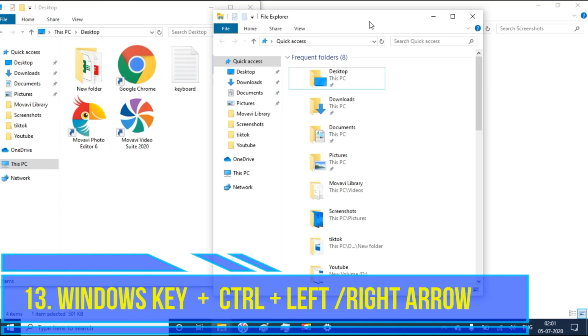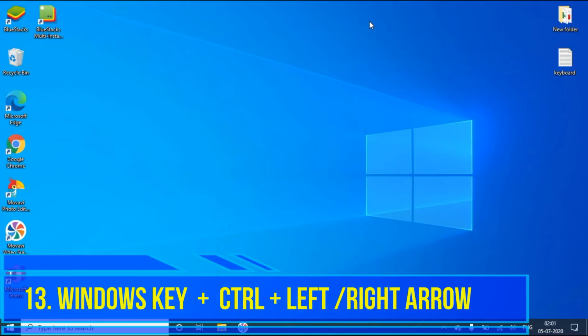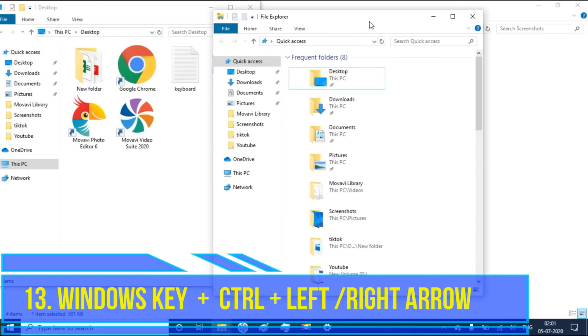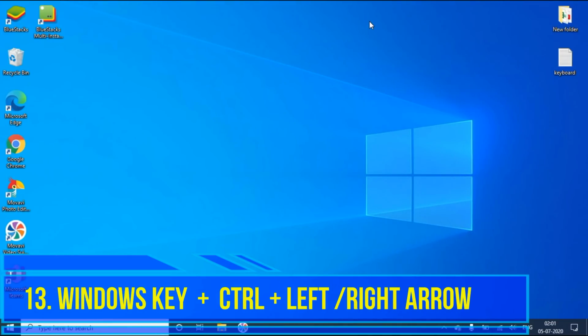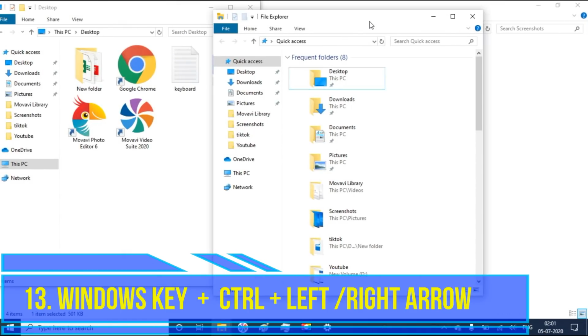Suppose you are creating one new desktop: Windows key plus Control, then D, it will create a new desktop. If you want to switch over to the old desktop, you can use Windows key, then Control, then left or right, to switch between the new desktop and old desktop.